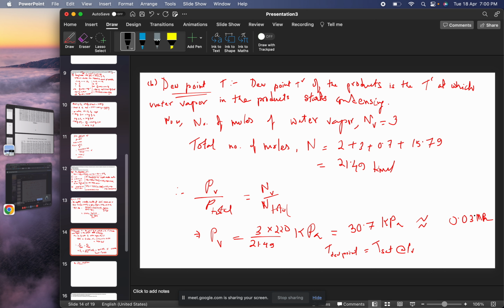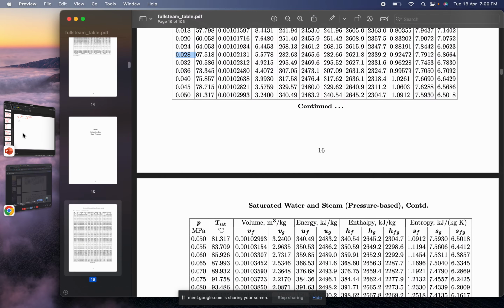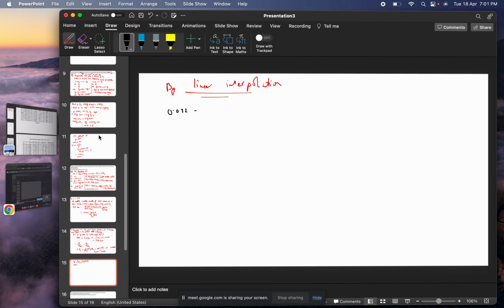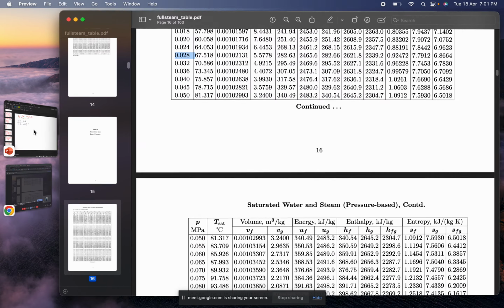So 0.032 minus 0.028 divided by 0.032 minus 0.031 is equal to